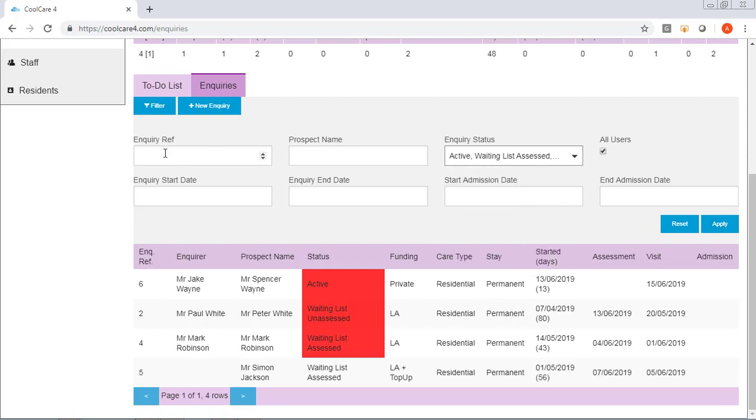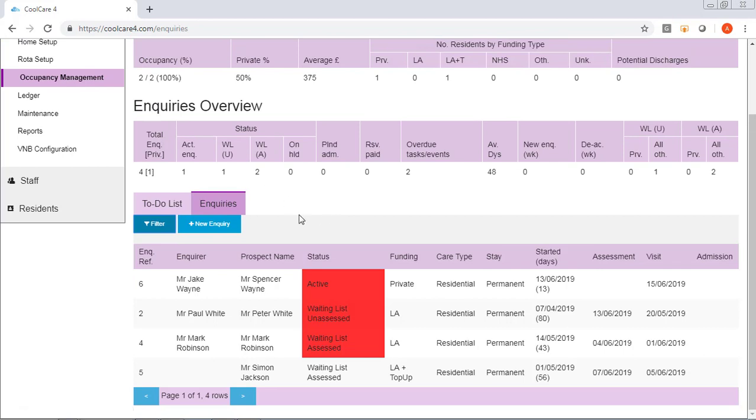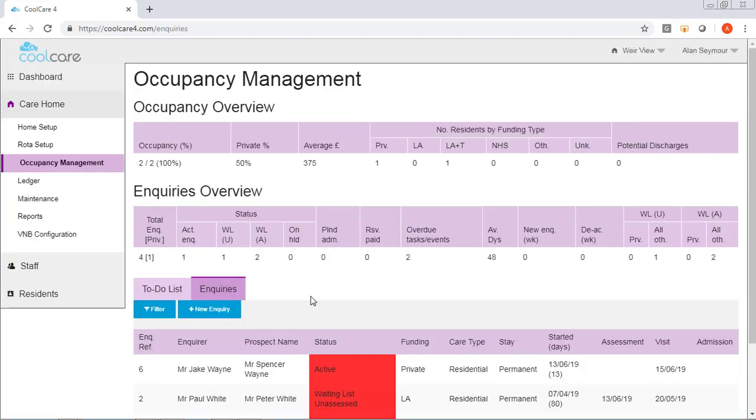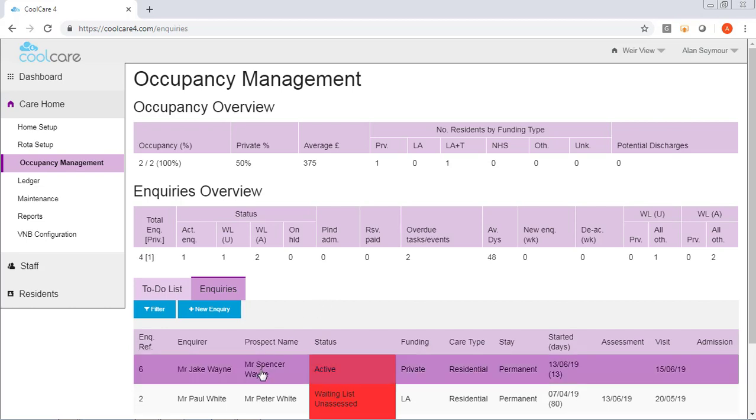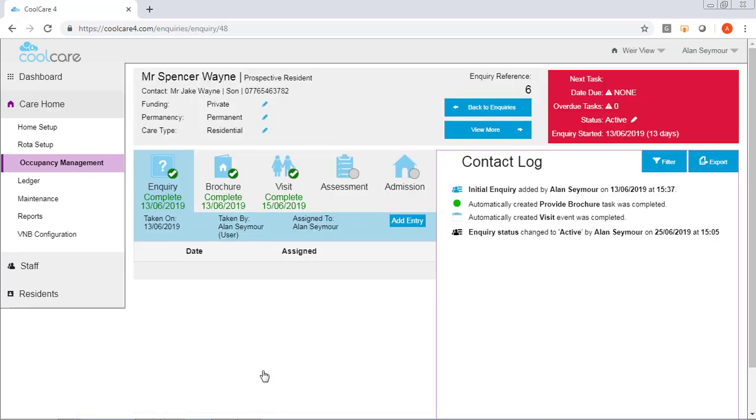Also, you can filter by enquiry reference, prospect name, enquiry start date, enquiry end date, start admission date, and end admission date. To switch the filter off, simply click on filter, and then the filter screen will be hidden. If you use the filter screen effectively, it will help you narrow your results so you can find whichever enquiry you wish to action. To action an enquiry, you simply select the entry, and this will then open up the